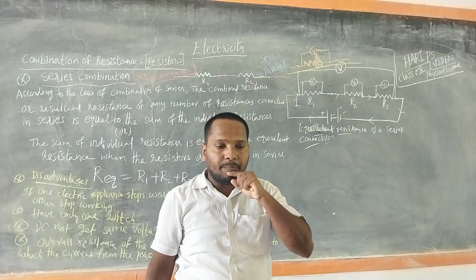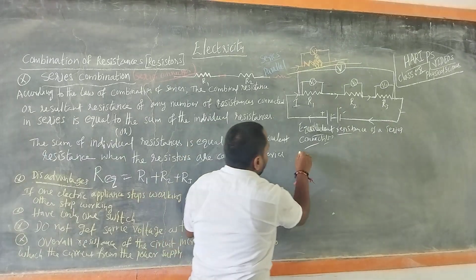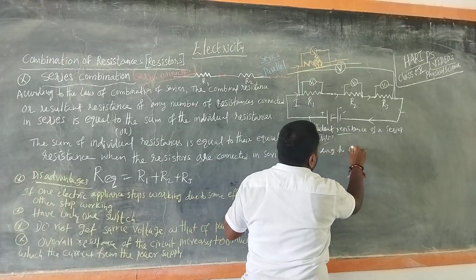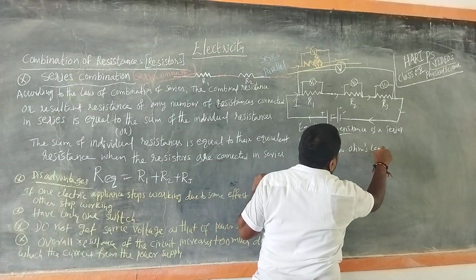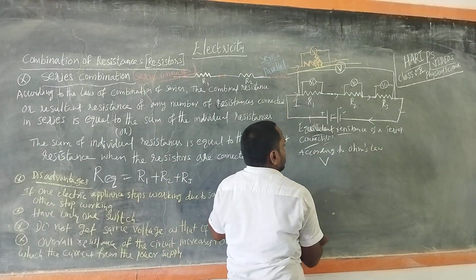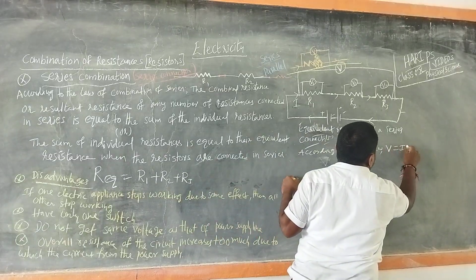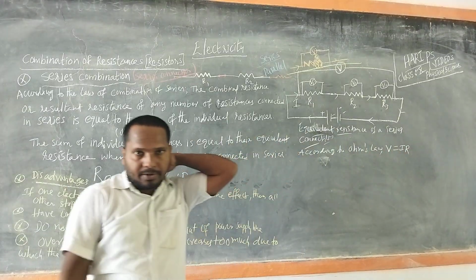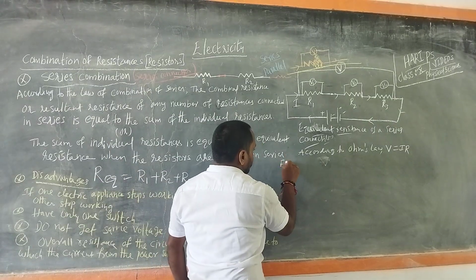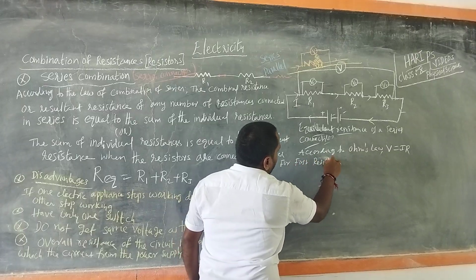So, according to Ohm's law, potential difference V is equal to IR. For the first resistor,